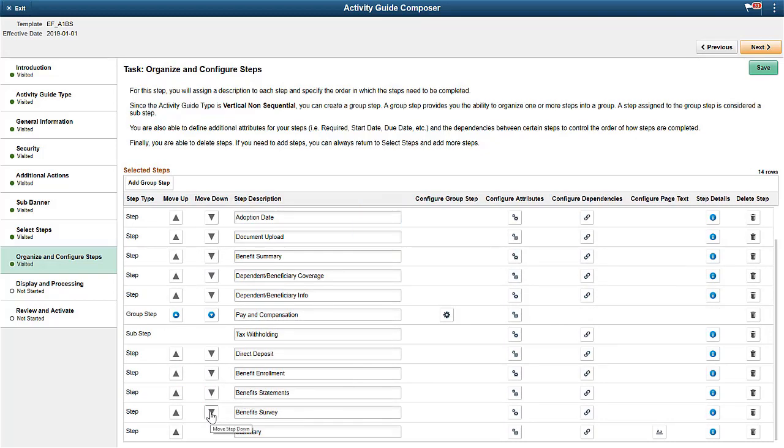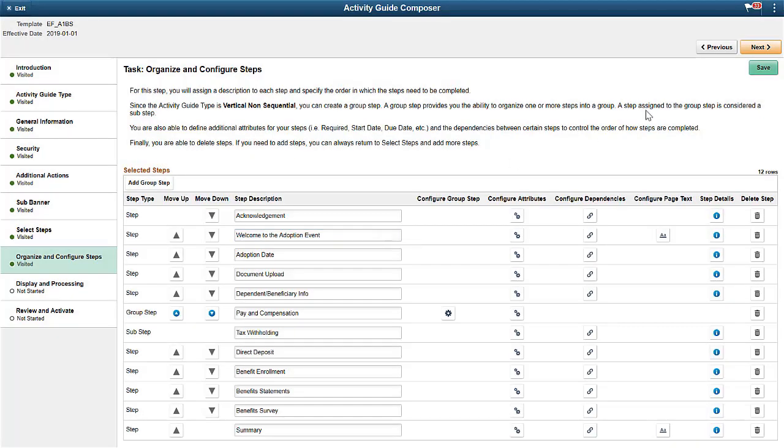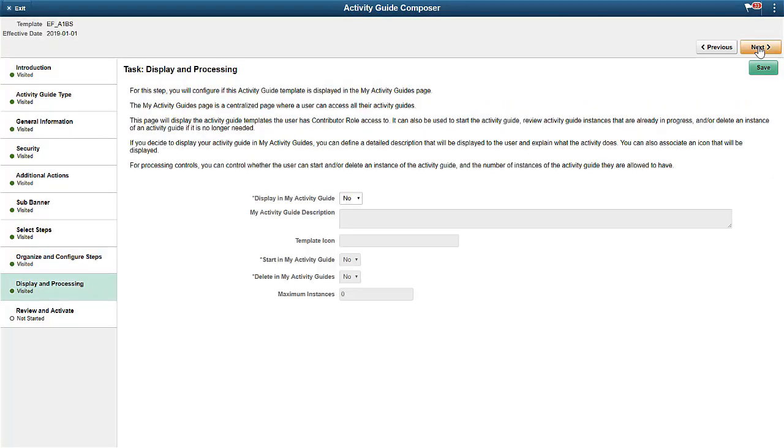You can also delete an existing step from the activity guide. As we have two summary steps, let's delete the benefits summary step from this template. We will retain the default values here in the display and processing step and move to the next.